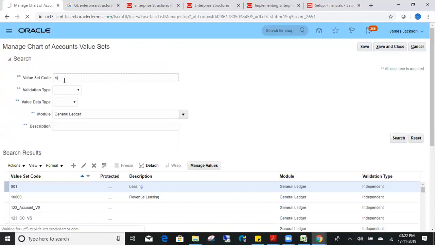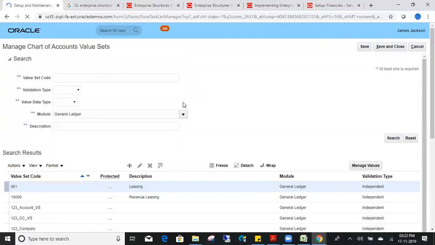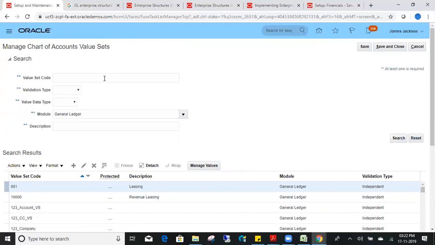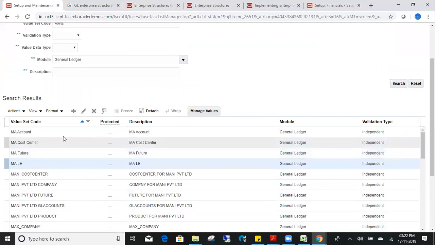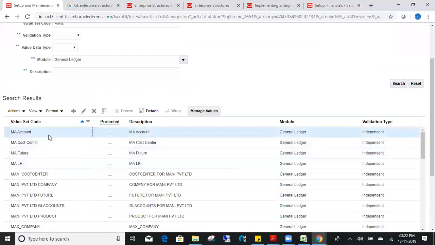That means, how many value sets have you created as of now? MA percentage. Click on search. So I have created my legal entity, my future, cost center, and account. So 4 things I have created here. Right, so value sets I have created. Next thing, I have to assign these value sets to the chart of